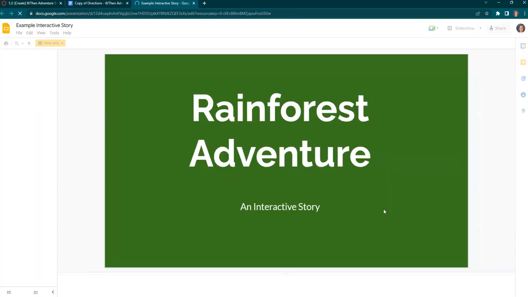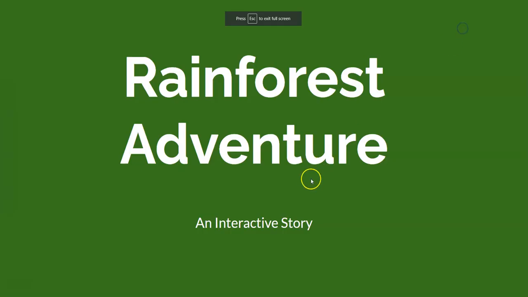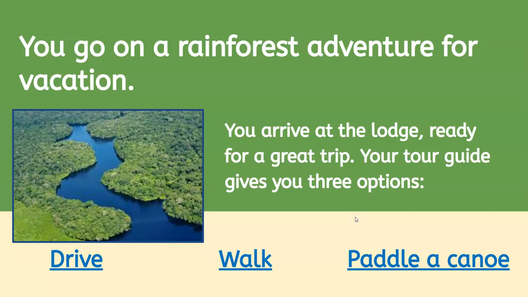This one is called Rainforest Adventure. I'm going to put this in slideshow view so that you can see what it actually looks like. When I click slideshow and start clicking on each page, this is the interactive story. Depending upon what I choose, I have 3 choices here, and it takes me to a different slide